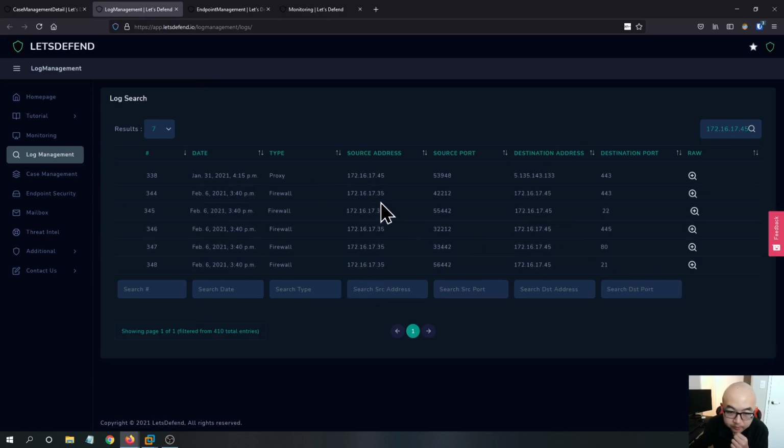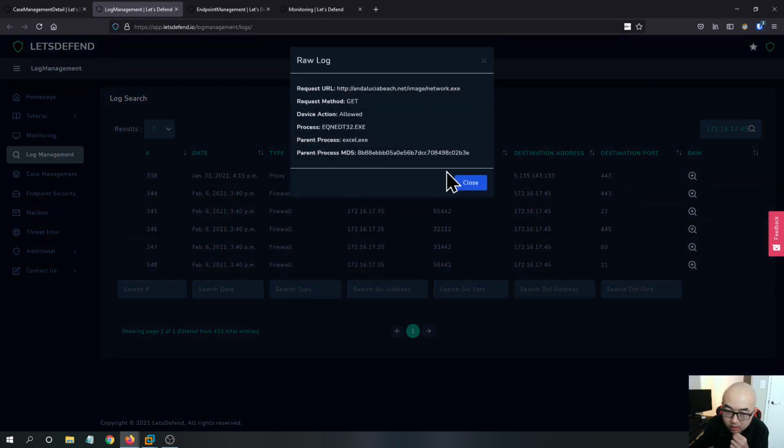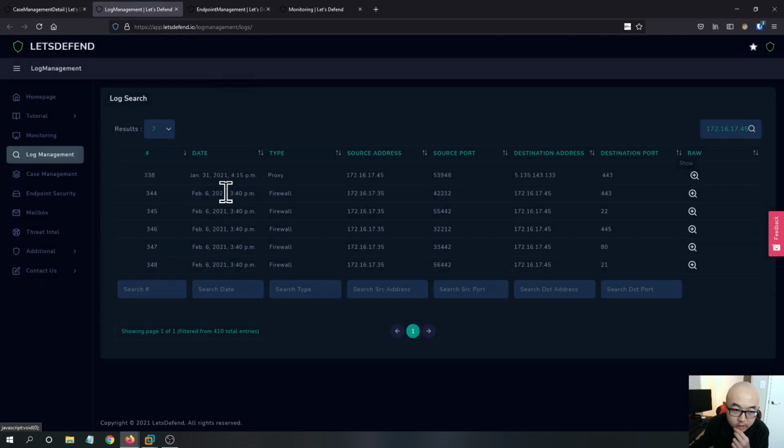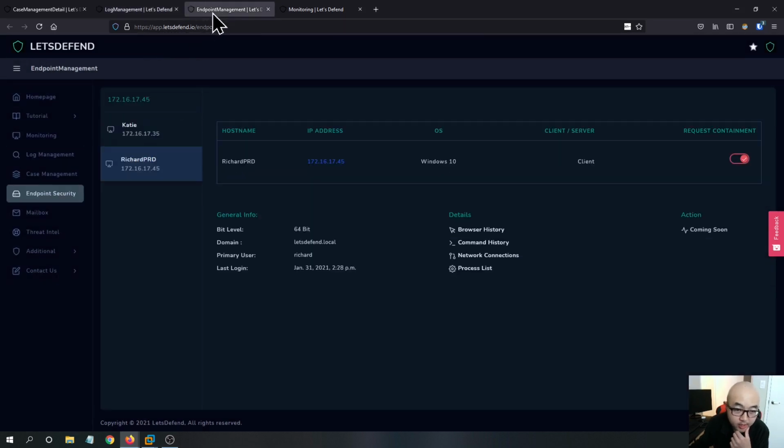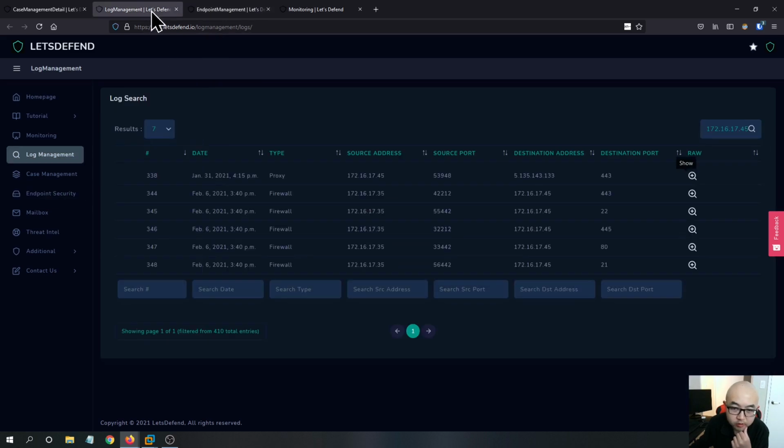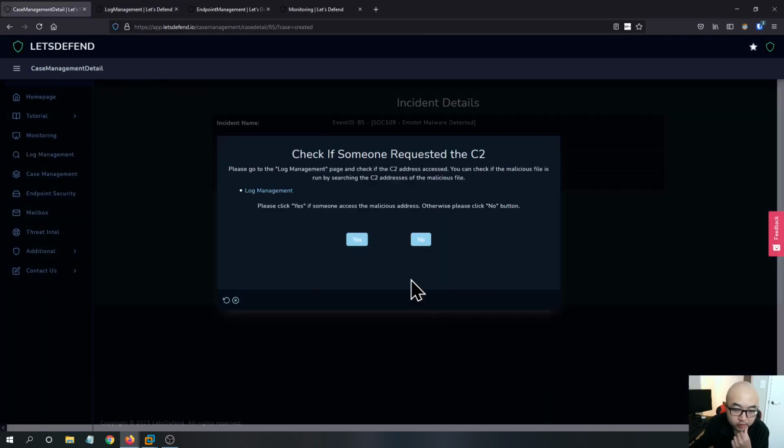This is the firewall activities, and you got this file. This is kind of suspicious, I'd say, but this is January 31st. This does not exactly match what we see in our timeline, so I would choose no,